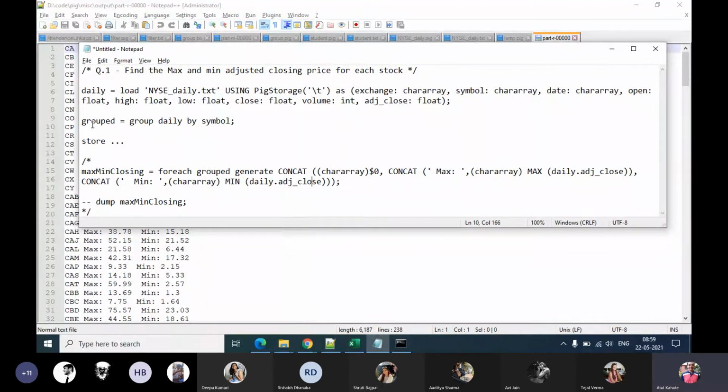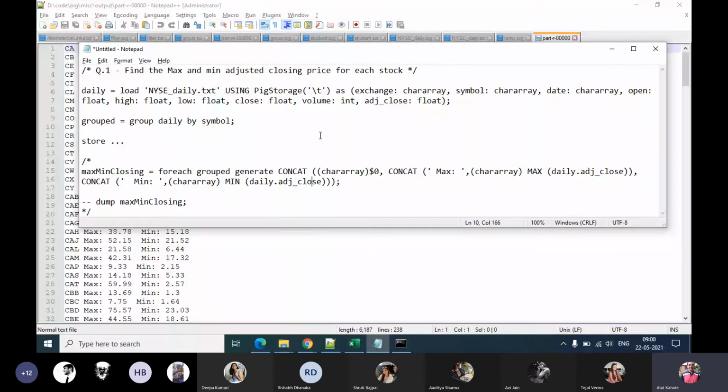So in case you are not sure how this is working or you're not sure how to even write the code, go step by step. Wherever you are stuck, at that moment, put a store statement or a dump statement. Then automatically you will know what I have created here. And then from here, how can I extract in order to generate whatever output I want to generate.